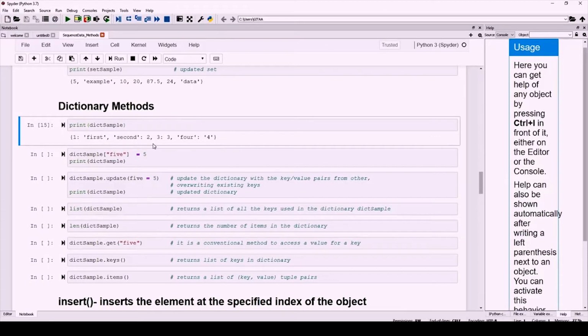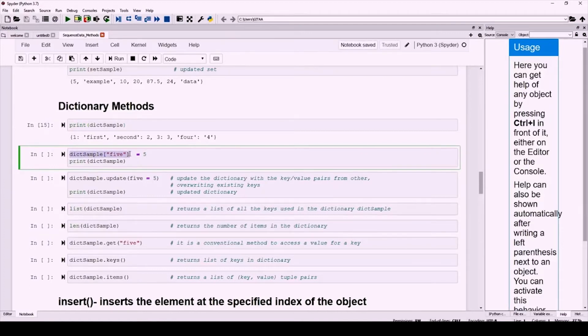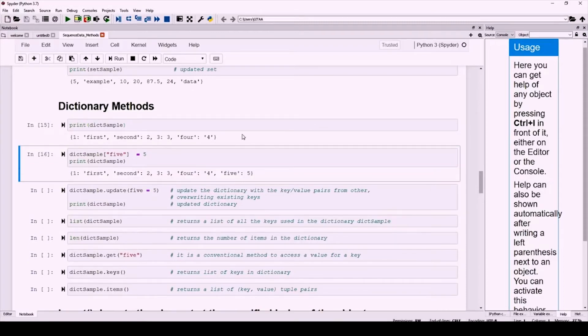So let me just print what we have under the sample dictionary, that is this. We have a few keys and we also have a few values associated with each key, and if you want to create a new key value pair, for example, I am just creating a new key, that is dict sample of 5, that is 5 is going to be created as a new key, and I am just updating a value as 5 so that a new value will be associated with the key 5. So this is how we add a key value pair to the existing dictionary. So now your dictionary gets updated with the latest key value pair, that is 5 in string as well as the corresponding value 5.